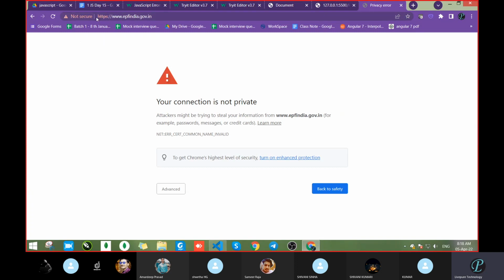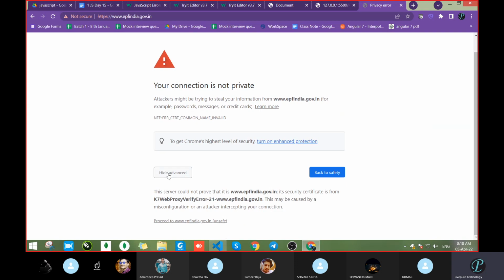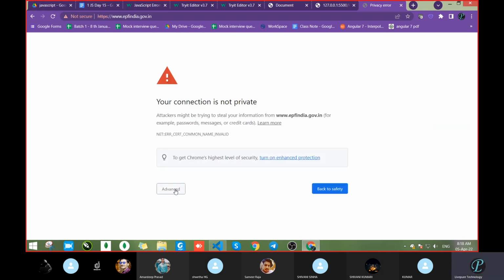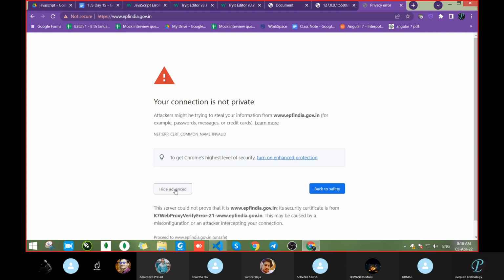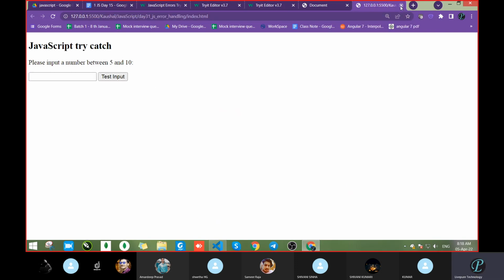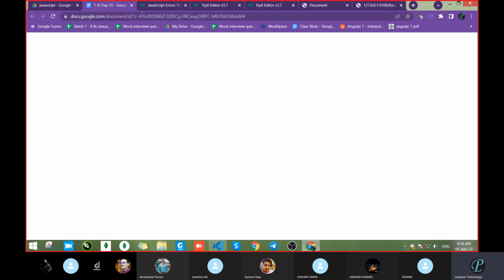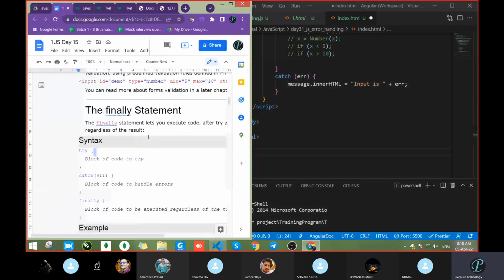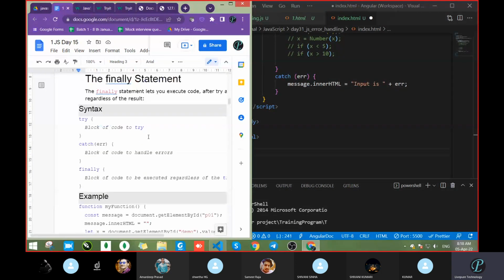When a site is not secure, you see HTTPS is broken on the top, and you get a pop-up message. See, it says not secure. For this website, if you get this message, to move ahead you have to use the advanced option. It is showing unsafe because the certificate has expired. So who will give the certificate? We have to purchase the certificate, then only we get it. But mostly when you launch your website on Google or somewhere, you get an SSL certificate.